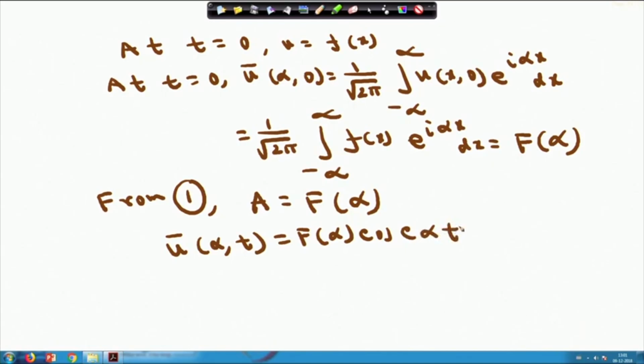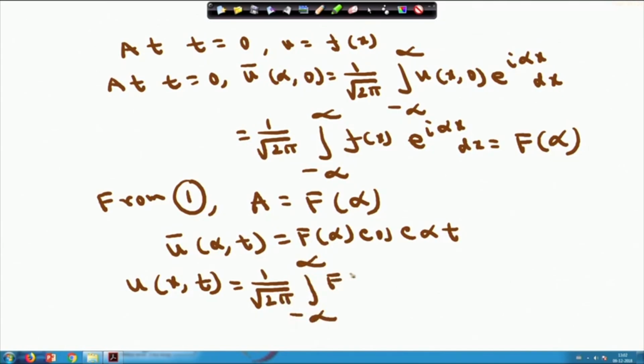So, from here u x t you can write down 1 by root 2 pi integral from minus infinity to infinity, using the inversion formula, cos of c alpha t into e power minus I alpha x